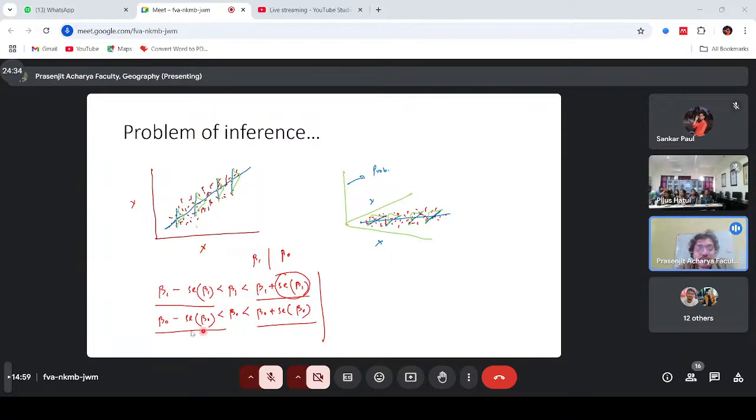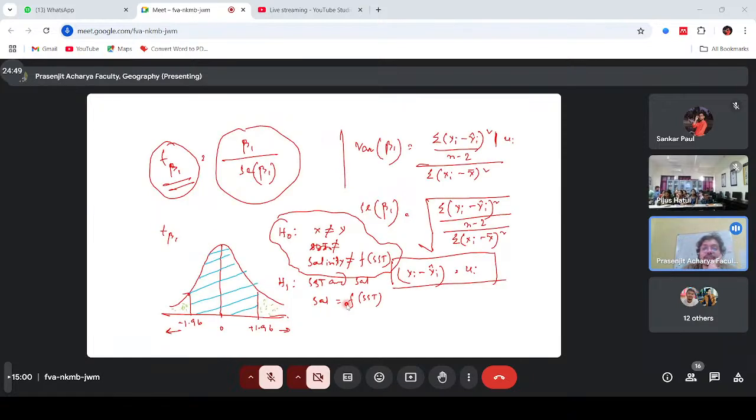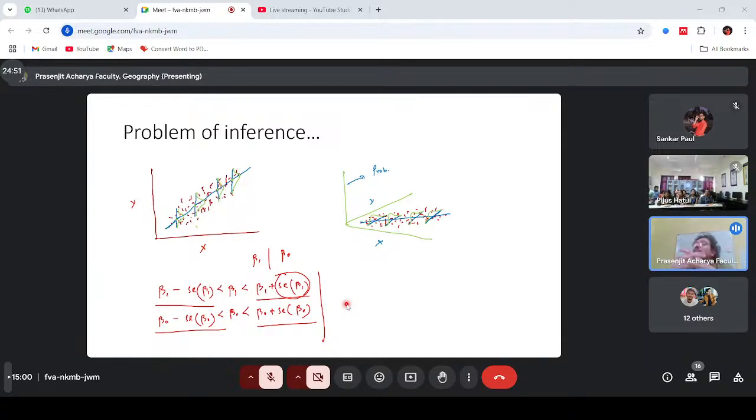Now, the same logic could be applied to beta 0 as well. And I should mention why we are trying to find out the true beta value: we need to understand the one additional hypothesis, what were your assumptions? So if you're working with, let's say, fertility and literacy, my assumption would be that literacy has a profound